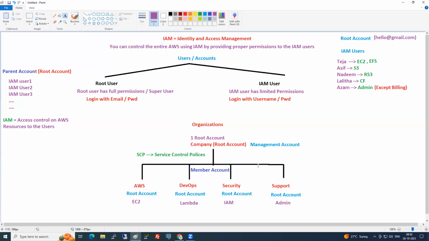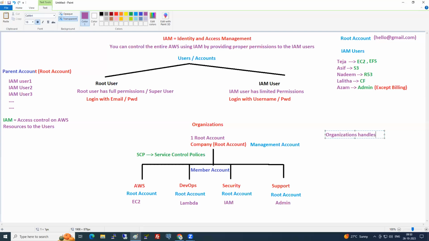Who will be paying the bill end of the day? Management account. Because all these root accounts are joined to the organization. Whose organization? Management account organization. Clear? Guys, is this clear till here? So